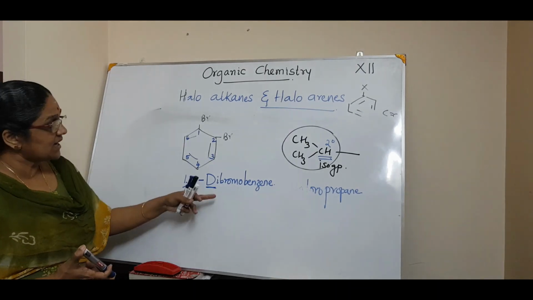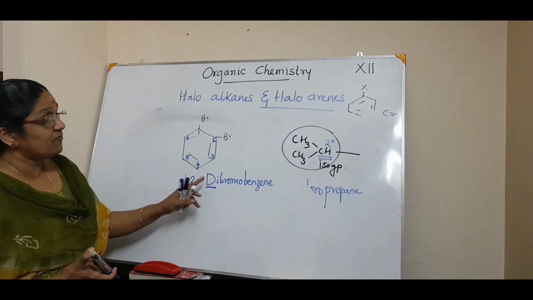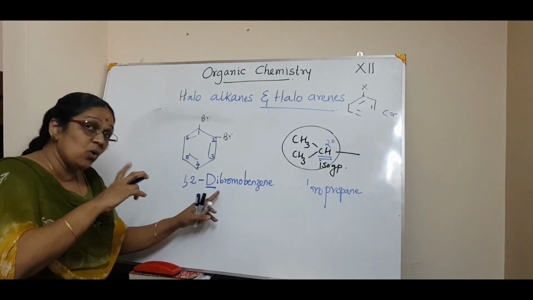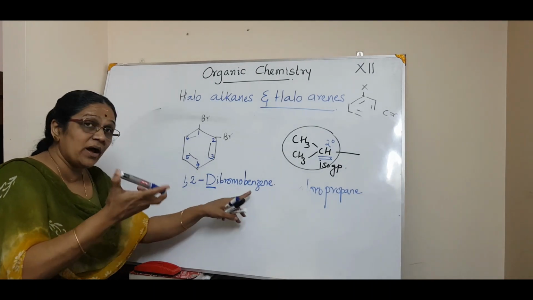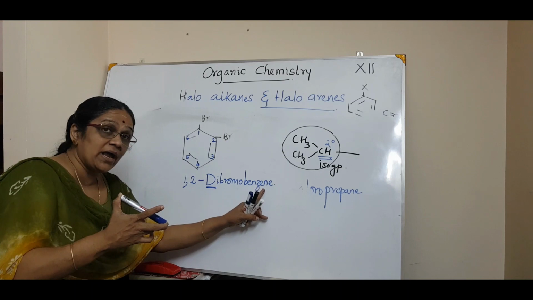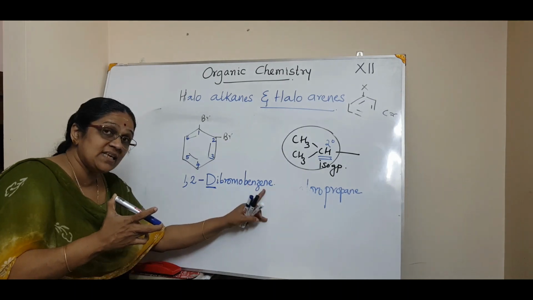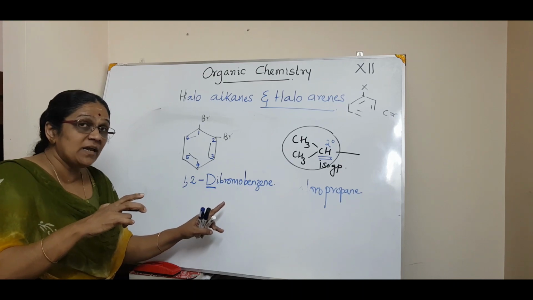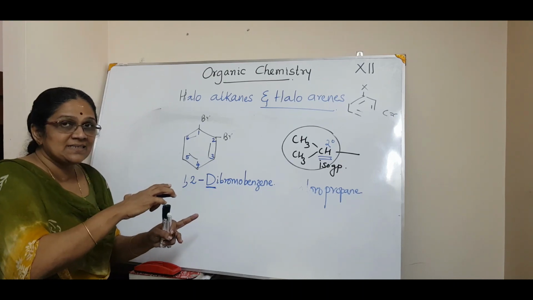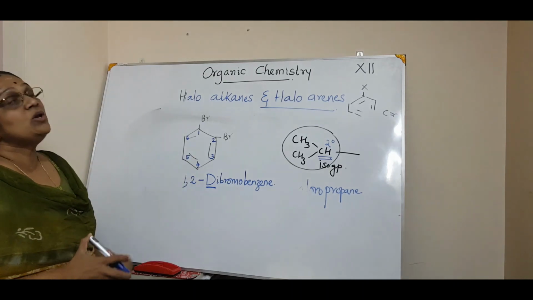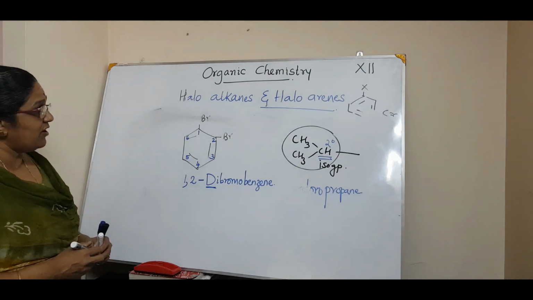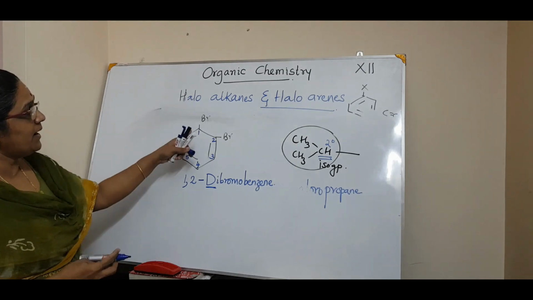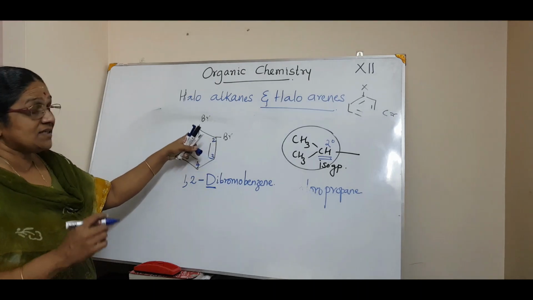Common name. This is an IUPAC name, correct? Okay. But why IUPAC? Haloalkanes or haloarenes. That means haloarenes, bromobenzene, isn't it? Now what about the common name? The common name for alkyl halides is the reverse of this. So how will you say the common name for this? It will be meta. If it is ortho.